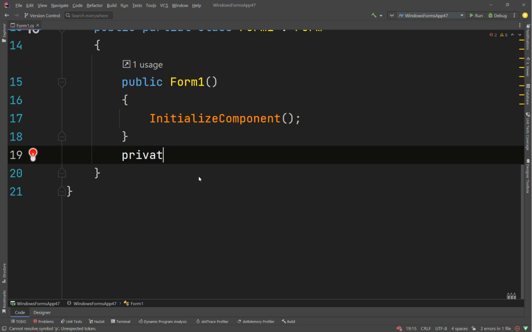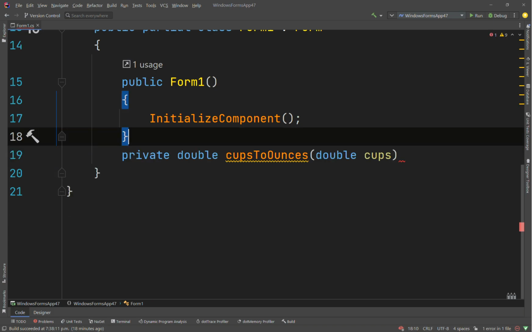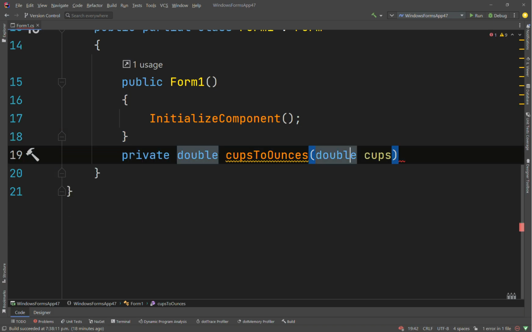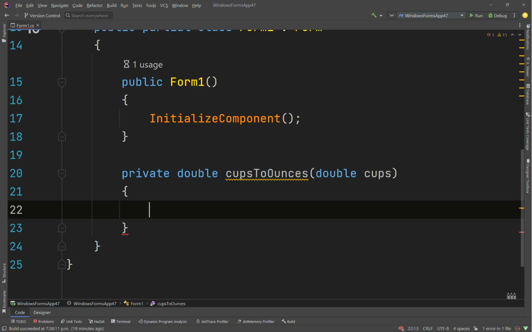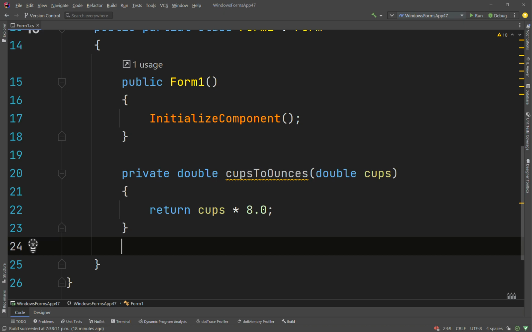Okay, so private double. So this method returns a double. CupsToOunces. Then it takes a parameter, double cups. So then we'll have here return cups times 8.0. That must be the formula to convert. So then after that,